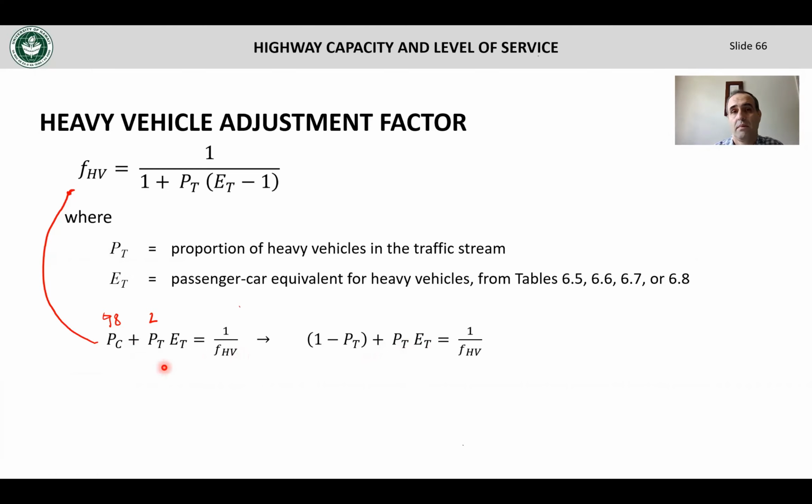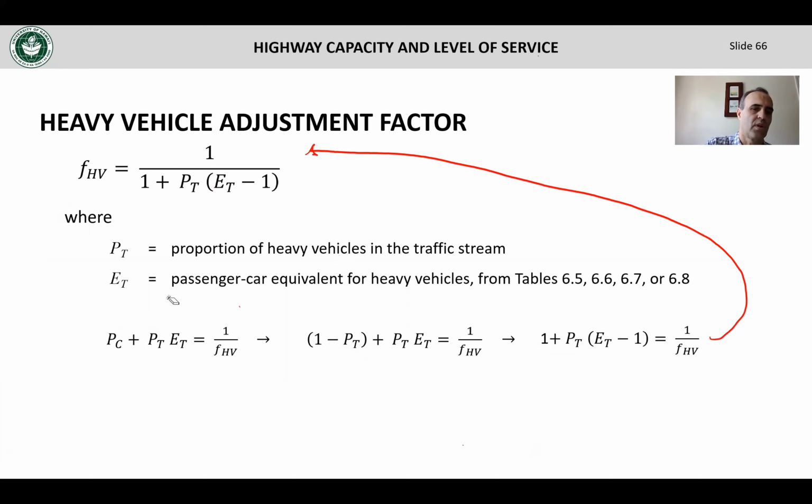And then you can work with this equation because it's essentially 1 plus PT multiplying ET minus 1. So I can rearrange that equation like this. And now you see that if I solve for fHV, I get that equation here. So this slide is essentially proving where this equation comes from, and the concept is just the concept of equivalency. You are converting